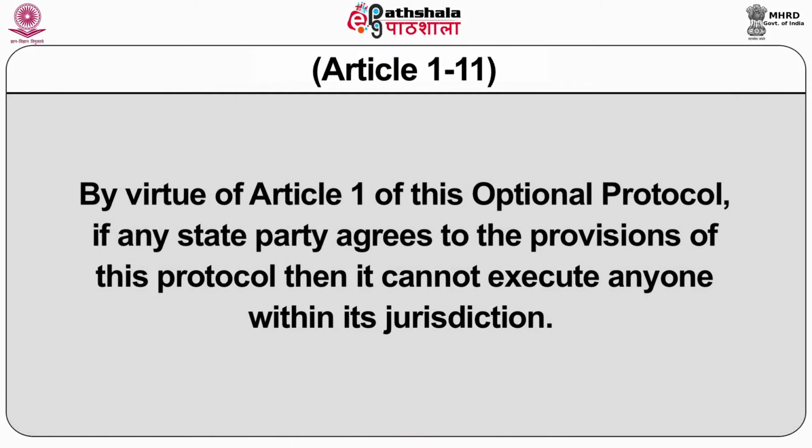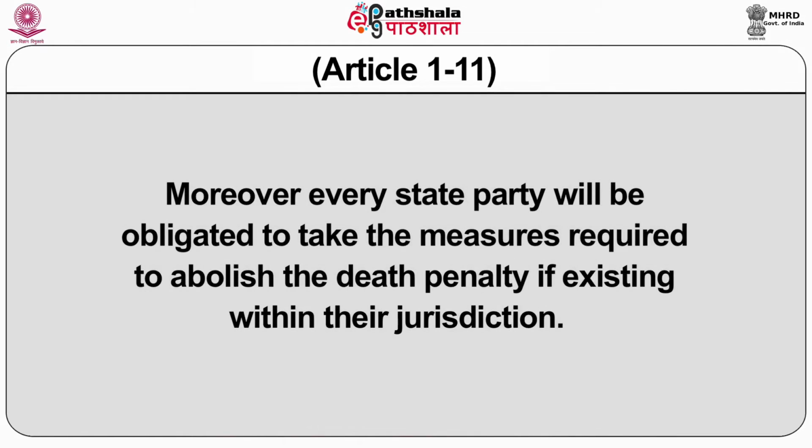By virtue of Article 1 of this optional protocol, if any state party agrees to the provisions of this protocol, then it cannot execute anyone within its jurisdiction. Moreover, every state party will be obligated to take the measures required to abolish the death penalty if existing within their jurisdiction. Moving on to Article 2, it clearly mentions that it is not permissible for the state to have any sort of reservation to the protocol except